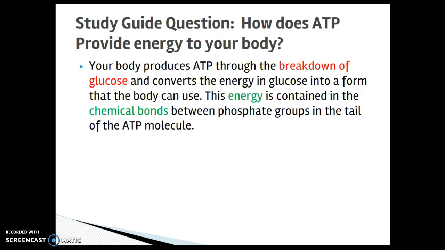So here's the study guide question. How does ATP provide energy to